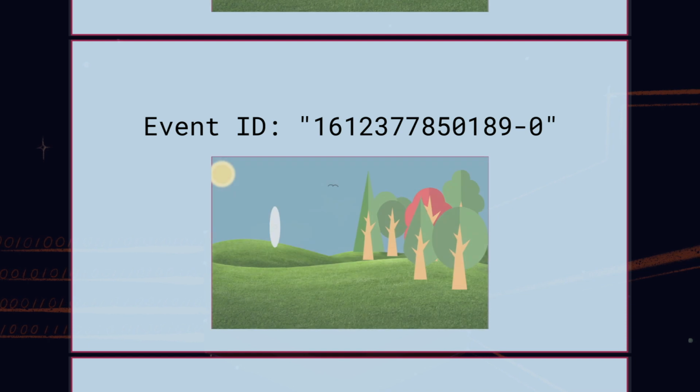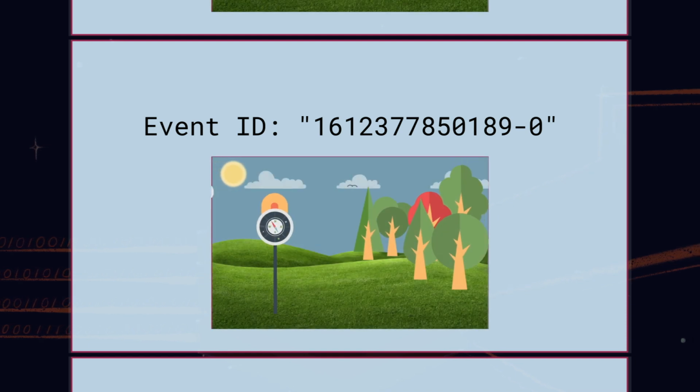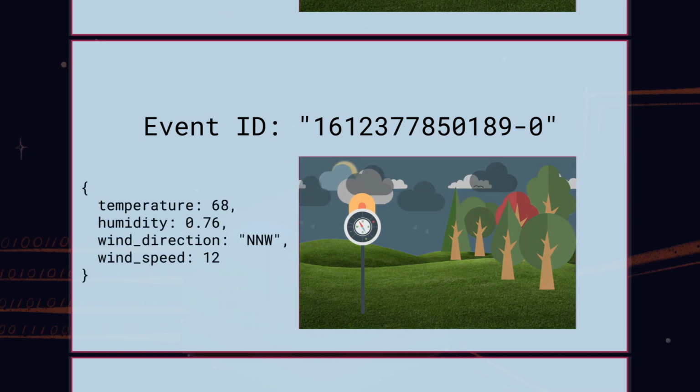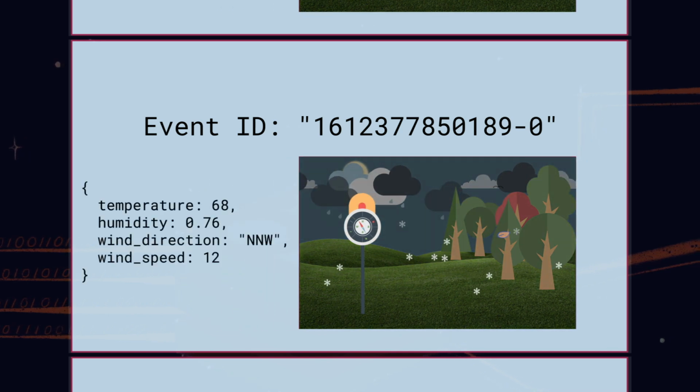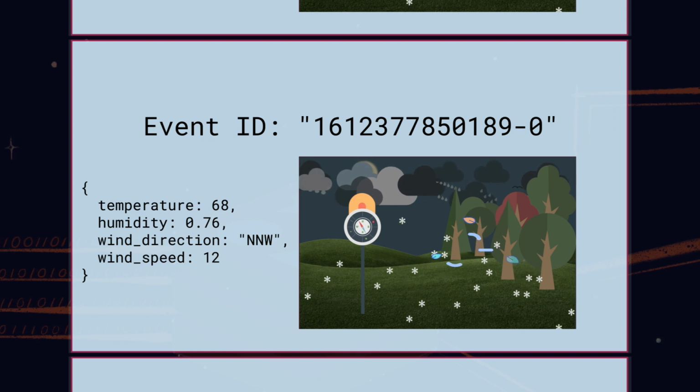Streaming data is data that's generated continuously, often from a large number of concurrent sources. One useful way of thinking about a stream is as a series of events. Every entry in the stream represents a new event. For example, you can imagine recording a stream of weather sensor readings at a given location. Every entry in the stream might consist of a temperature, a humidity measurement, and the wind direction and speed. Because streams and events are such a useful abstraction and occur so often in the real world, Redis provides a data structure called a stream.